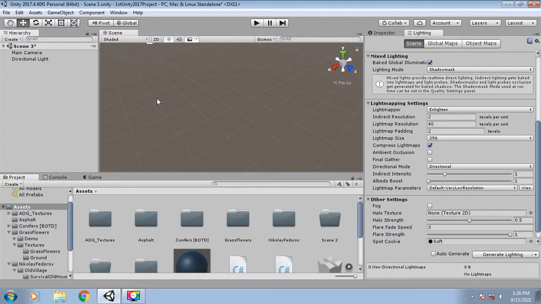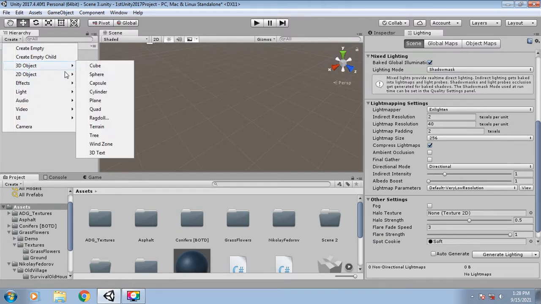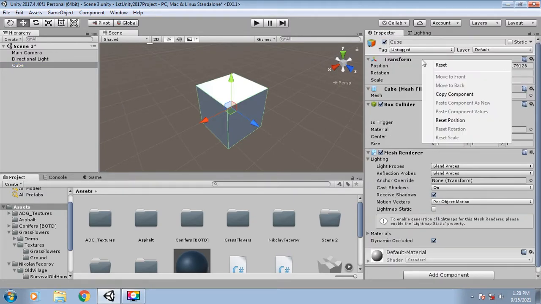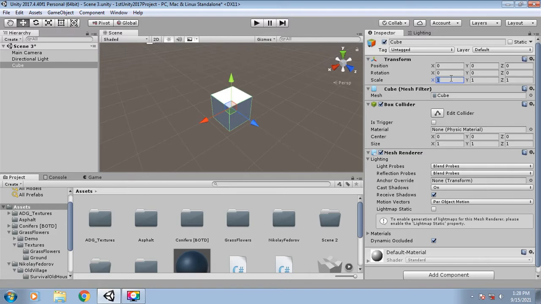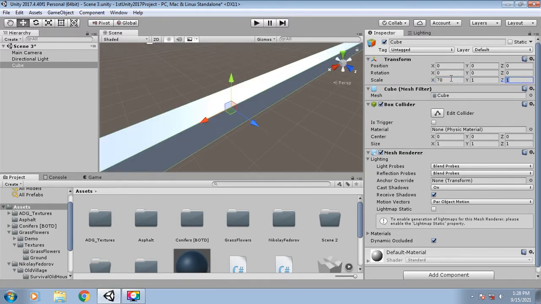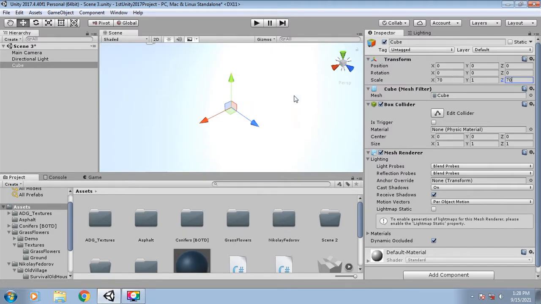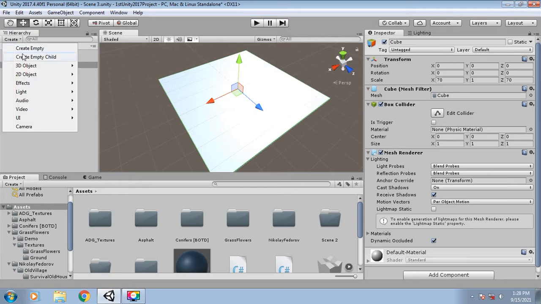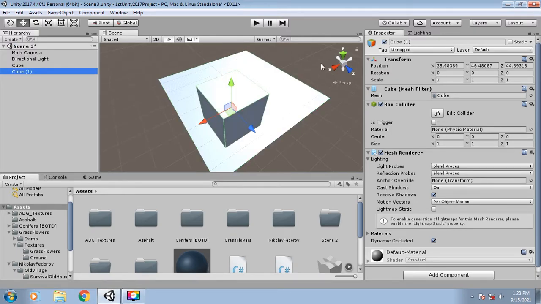Here I have an empty scene, and first we will be baking lights for simple blocks. Let's create two cubes. Let's reset the transform and make the scale say 70 by 70, and let's create another cube on the top of it.